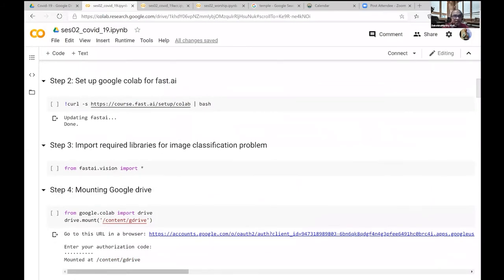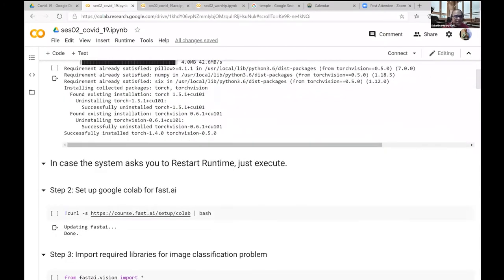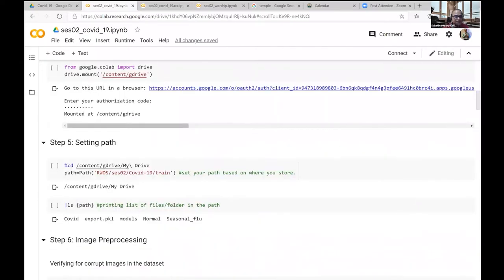We install Torch 1.4. Colab has 1.5. I see some issues with 1.5, so I uninstall that and install 1.4. It works a lot better with 1.4. That's a version. Just copy and paste that link, and the others I explained in the video. Please go and check it.